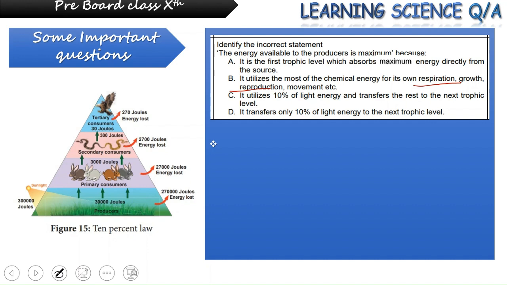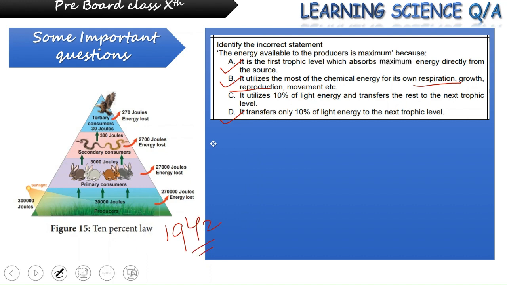That means A is correct, B is correct, and it transfers only 10% of the light energy to the next trophic level, which is also correct as per the 10% law given by Lindemann in 1942,